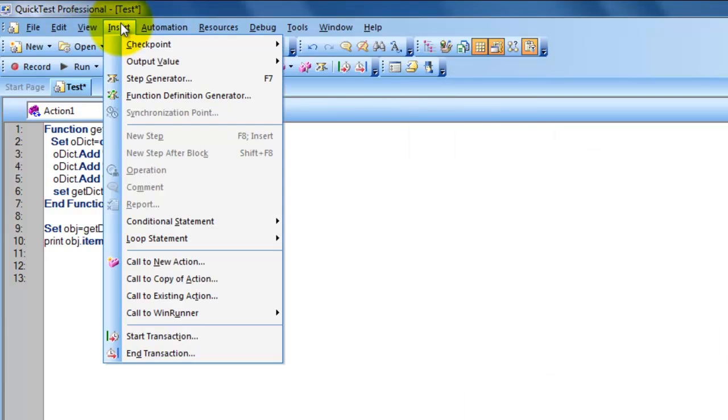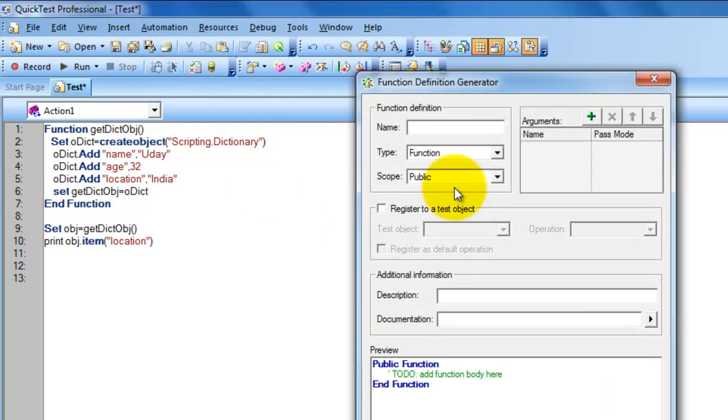So for that, what you have to do is click on insert, click on function definition generator, and give the name, whatever value you want, say print val. All right. So whether it is a function or sub, you have to mention it here. Whether it is a public or private access specifier, you have to specify it. These things are more associated with a test object and will be covered more in QTP. I will be demonstrating those in the QTP videos. All right. So say I would like to have some val as some val. By default, as you can see, the parameters are passed